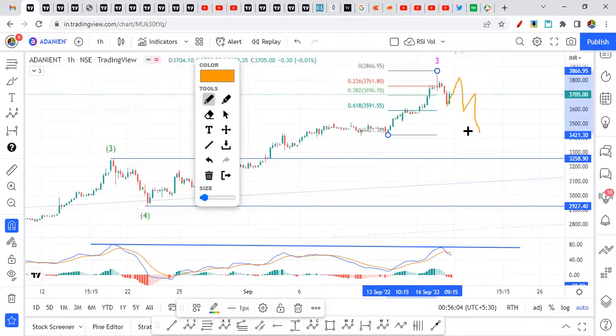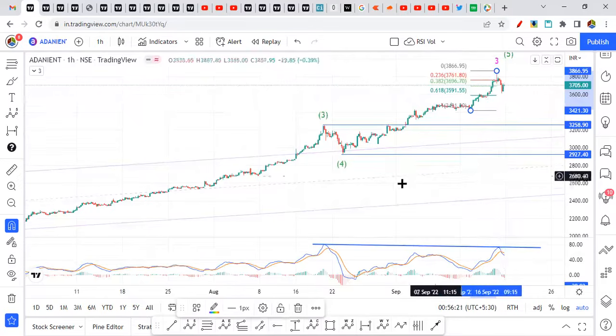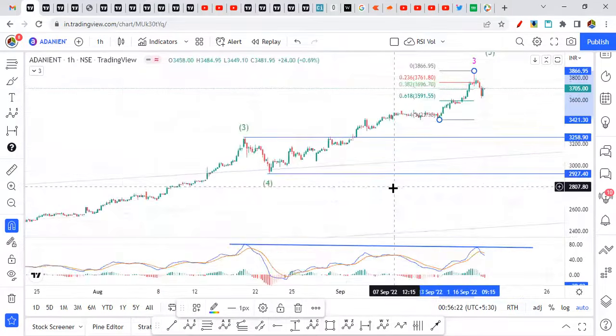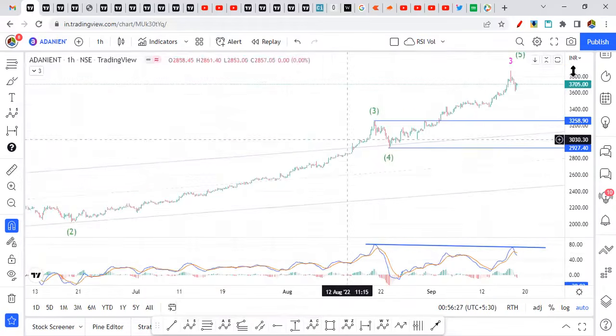Okay, so this could be wave A, then a pullback will come, wave B, and then wave C will take us downside towards 3100 or 3000. Okay, so this can be the case, or it can even be an expanded flat correction as well. Those possibilities we cannot confirm, but at least for now we can say that this internal green wave is